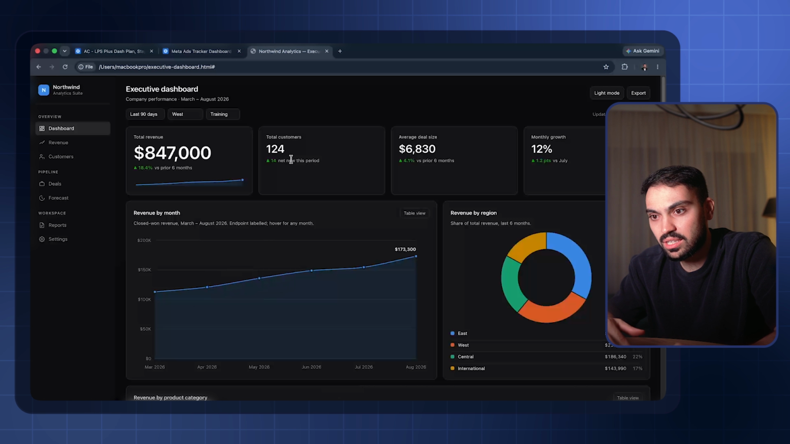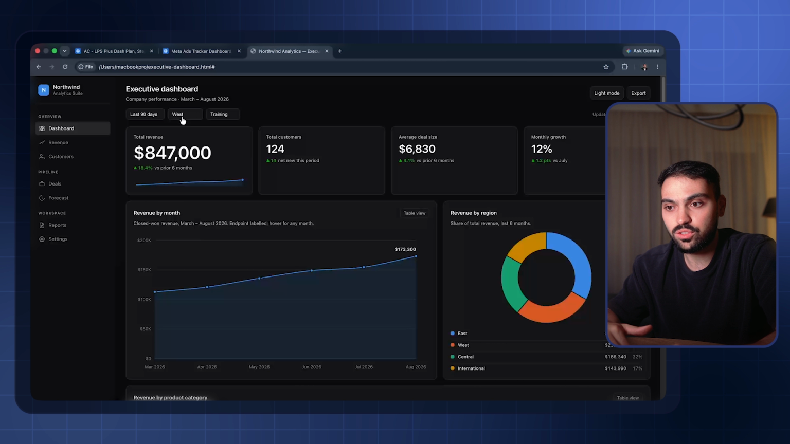Hey, thanks for sending this. I would like to have the date range switcher actually work because right now it's not filtering anything, as well as for the region switcher, as well as for the service switcher. I would also like the export button to be functional, so it can export us a PDF of the view